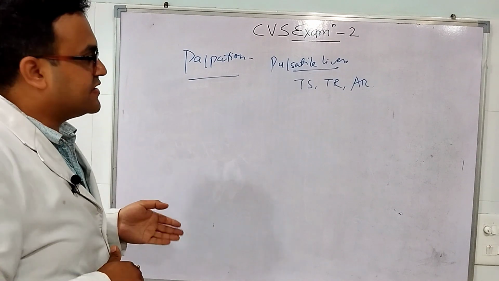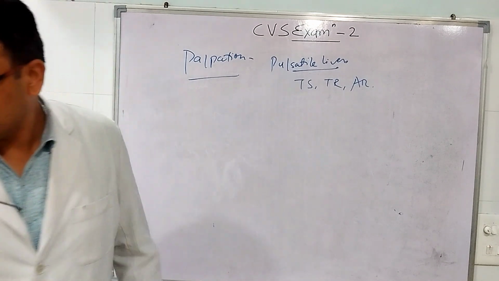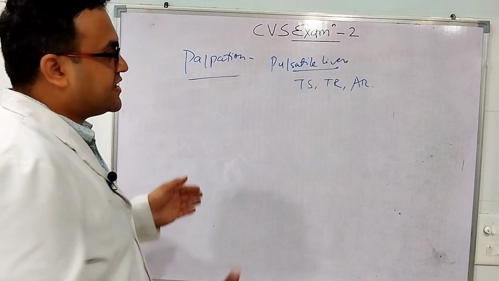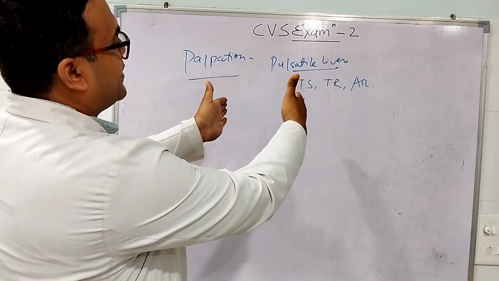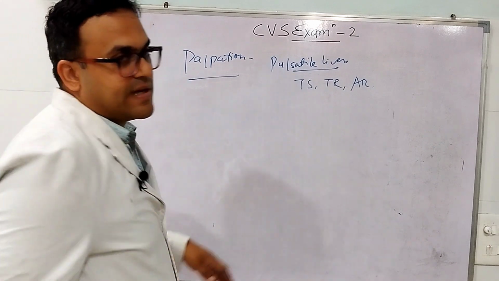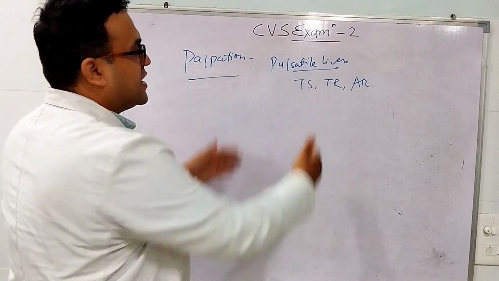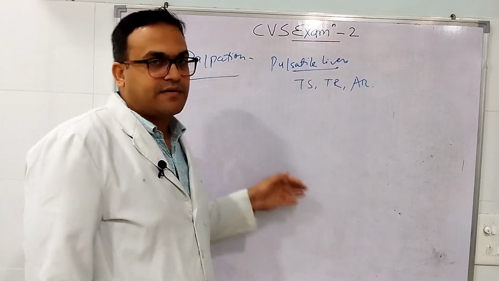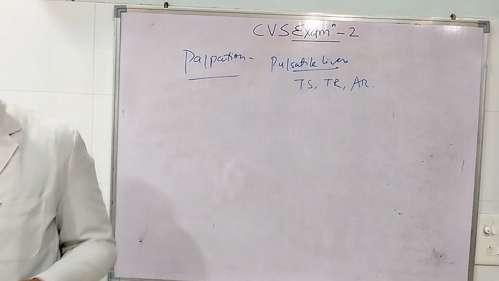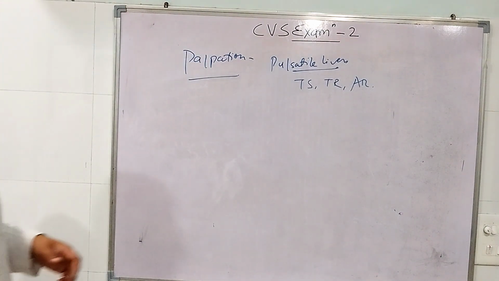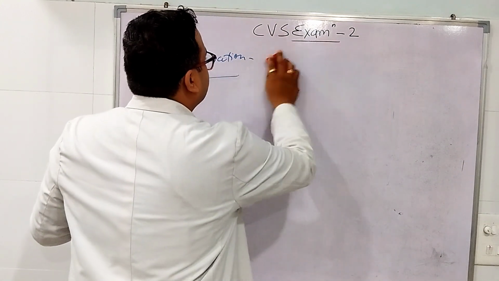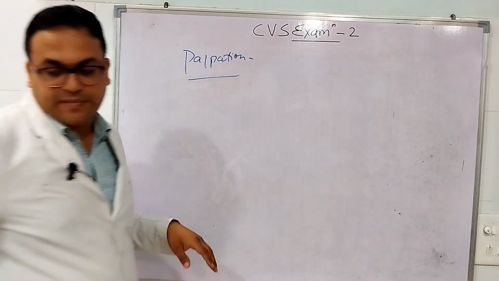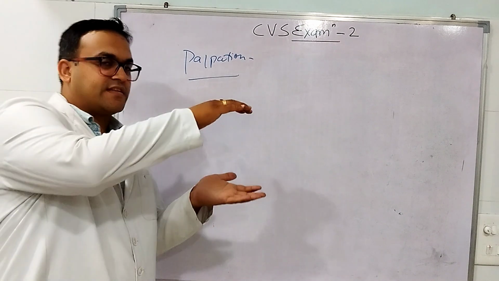Another method is to feel for the pulsatile liver by keeping your hands between the right and left lobe, but this will be painful and cumbersome for a patient who already has an enlarged liver. The liver will be very, very tender. So the best is to do bimanual palpation like this.